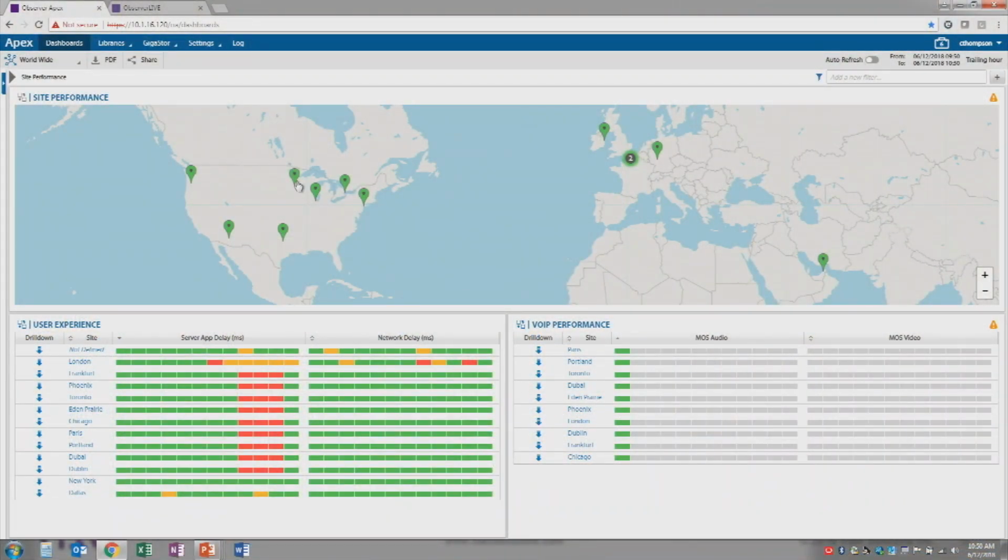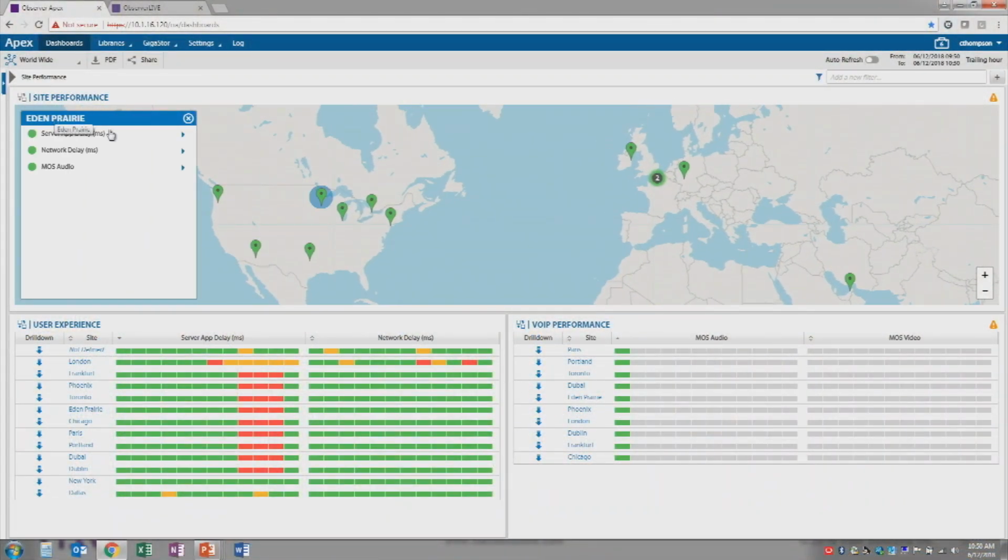Yeah, so here's a perfect example of that. This is a site-based contextual view. This is showing performance from site to site. And at any point, you can click on a pin. It'll show you, this is our Eden Prairie office. I can go into the apps delay. I can see site to site